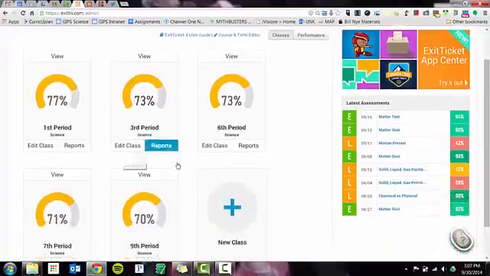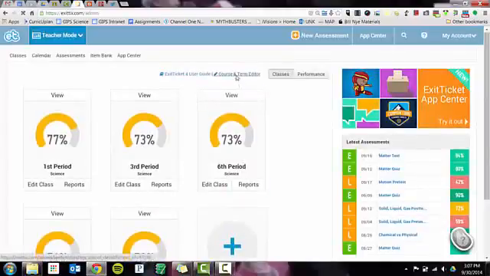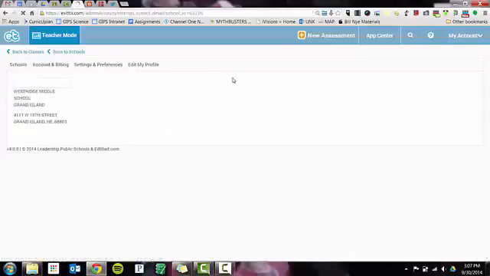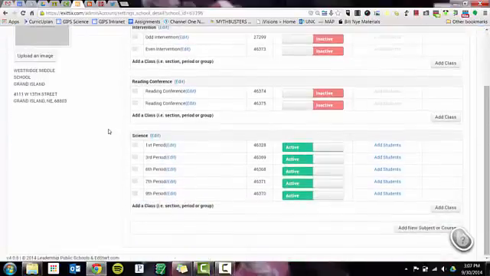Well, here's how you start a new class. You'll see the plus for a new class, and you might have to go to the course and term editor. When you first start, we've made this mistake many times, only make one course and then do multiple classes from that. So you would add a new subject or course. You won't have all the other ones up above. You'll just have to hit add new subject or course,